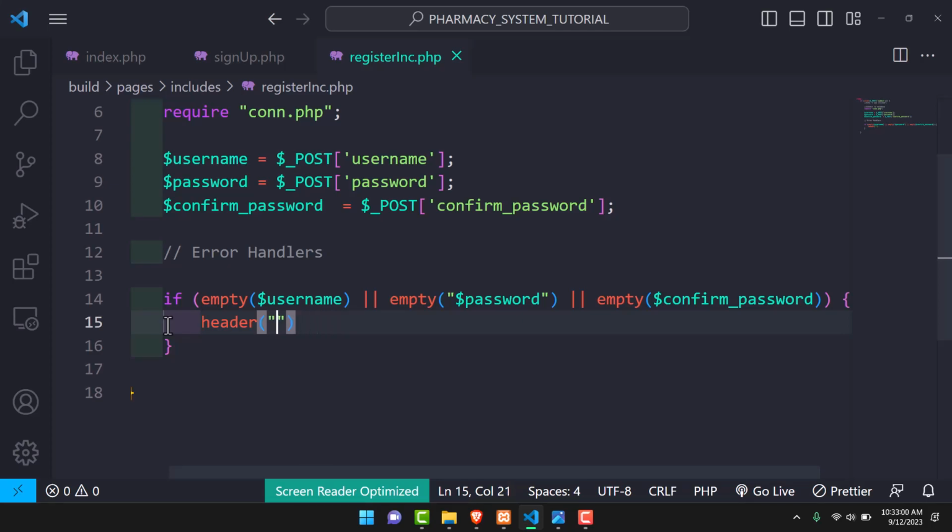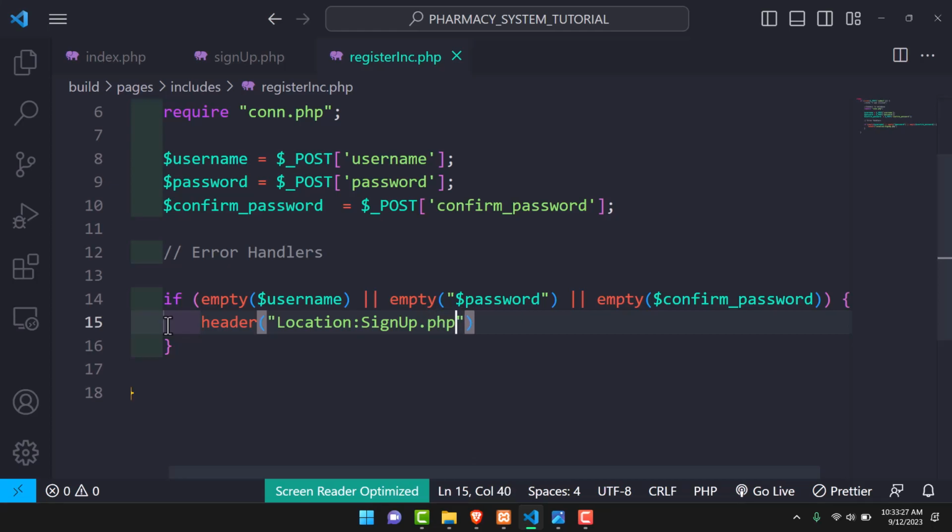Sorry, this should be location, and then I should take them back to register. It should be register, or rather this one we're talking about signup.php. So I want to take them back to the signup.php,